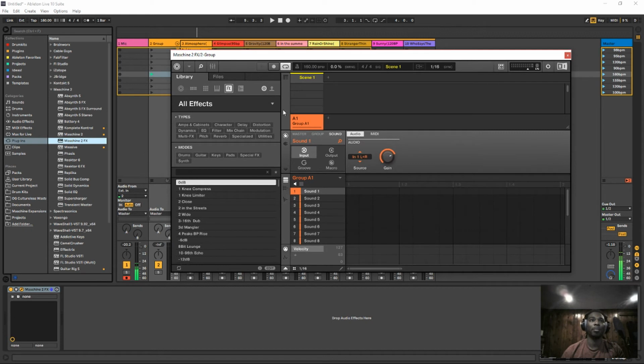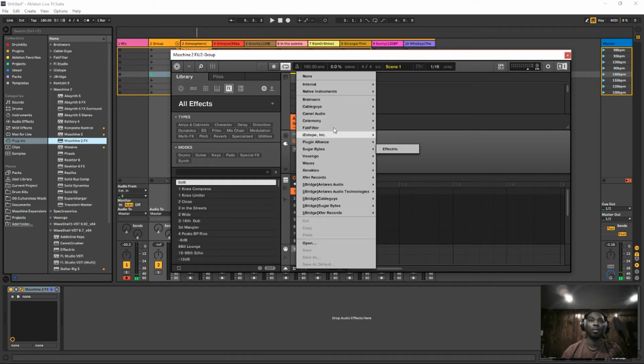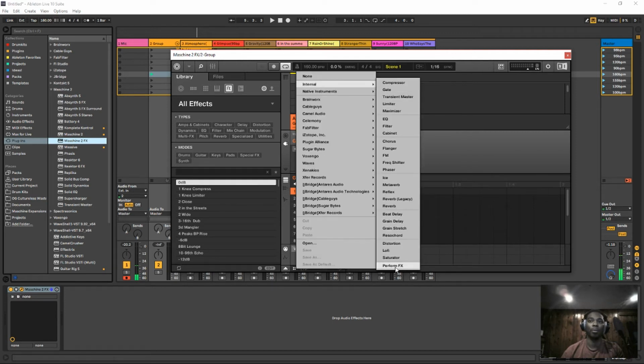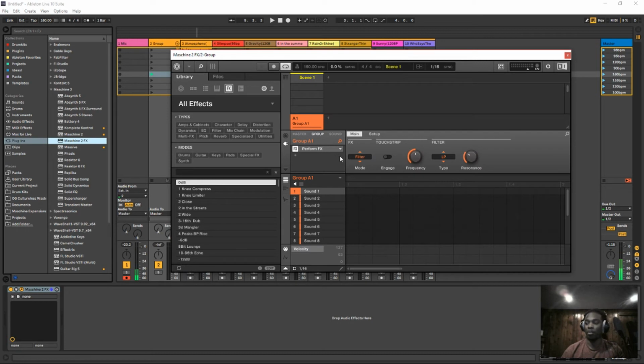So now that that's up, I'm going to take this a step further, and on sound 1, I'm going to go back to the group and go to the plugin settings, internal performance effects. So now from the controller, I can control the performance effects using the touchpad on the MK3. And then I go back to the sound settings, and I'm going to add